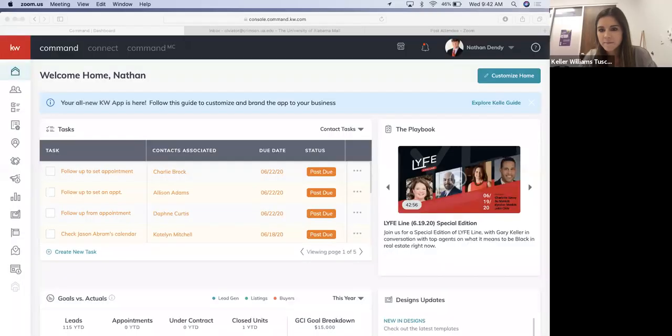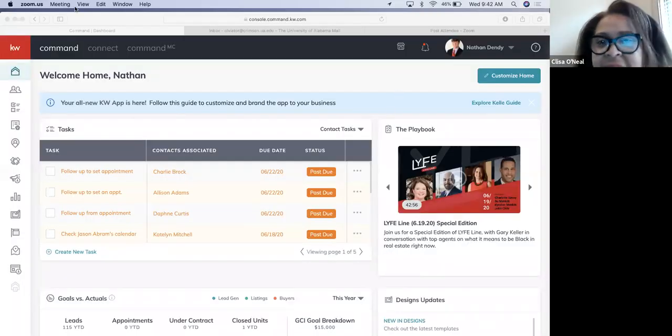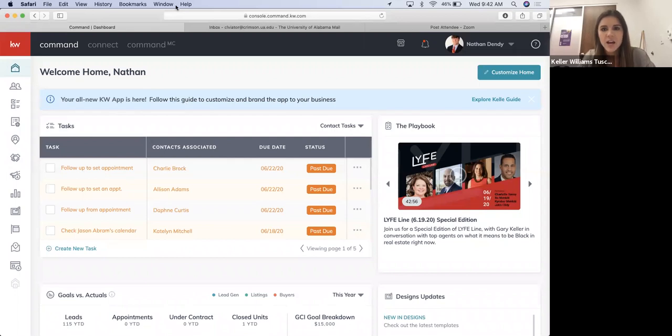Okay, so I am going to go ahead and share my screen with you, so you can see exactly what I'm doing. And if you have any questions, please stop me. Okay, so I can see it. Great. So we're going to start with the website first, and then we can go into the app